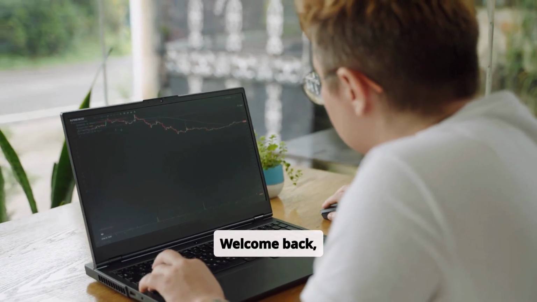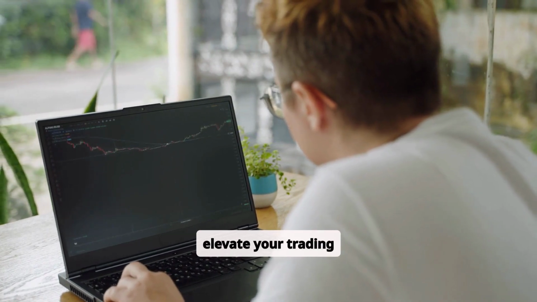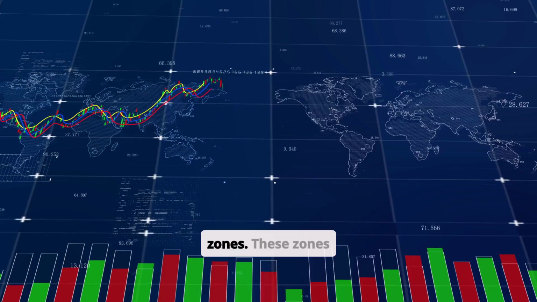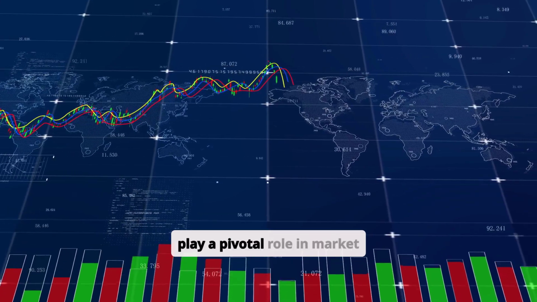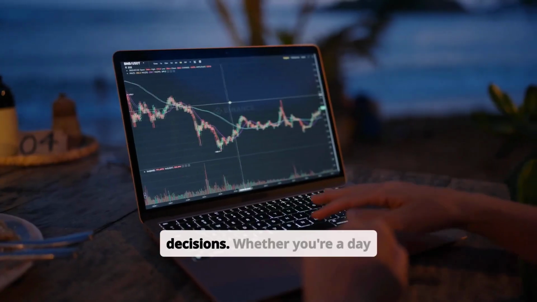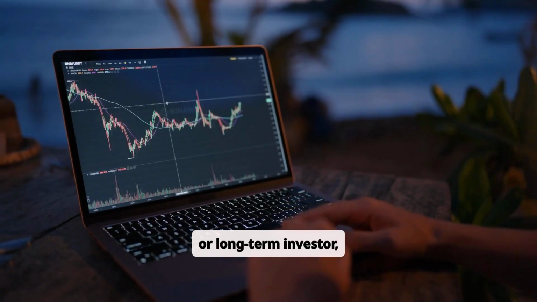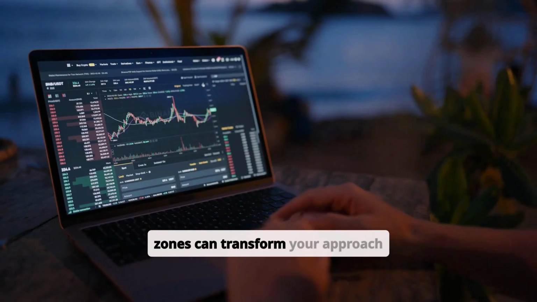Welcome back, traders. Today we're diving into a topic that could significantly elevate your trading strategies: supply and demand zones. These zones play a pivotal role in market dynamics and provide high confidence levels for trading decisions. Whether you're a day trader, swing trader, or long-term investor, understanding and leveraging these zones can transform your approach to